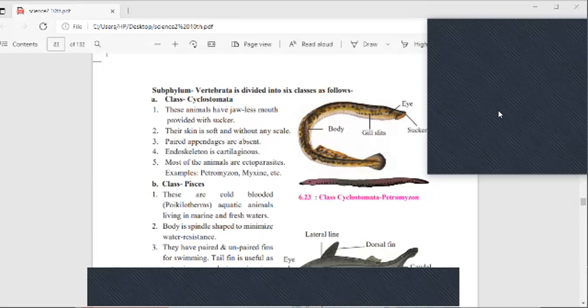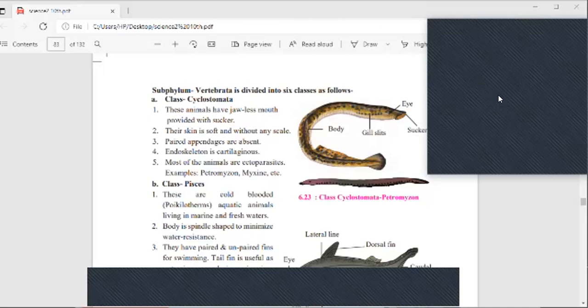What is meant by ectoparasite? The animals which come under this class, Cyclostomata, are ectoparasites. They suck their food material, nutrition, from the host body. Yes, they take the food by attaching to the body of the host from outside and sucking. Understood or not? Samruddhi Abak, voice is not reaching here. Range problem is there.